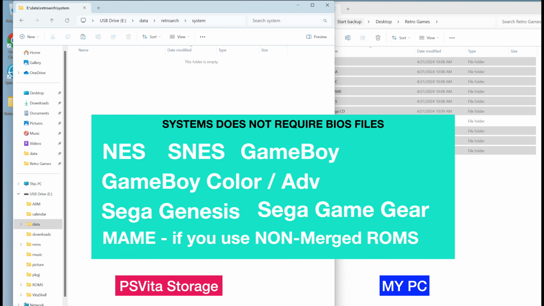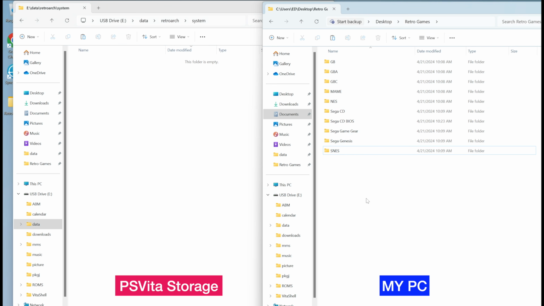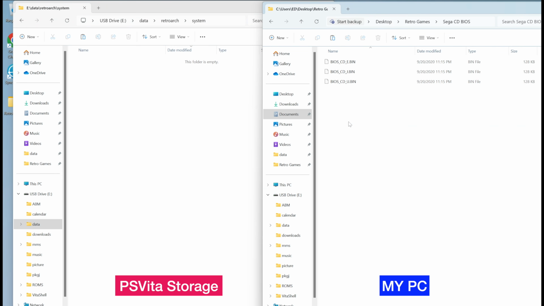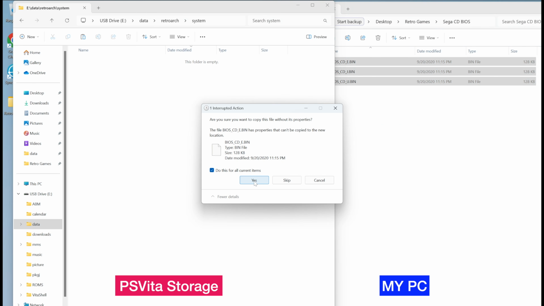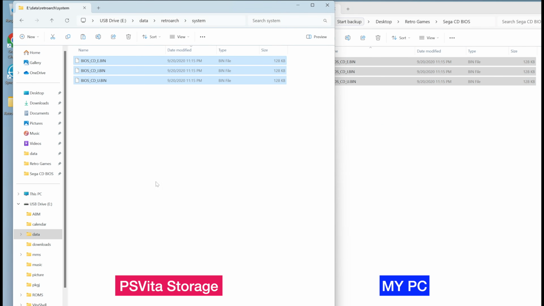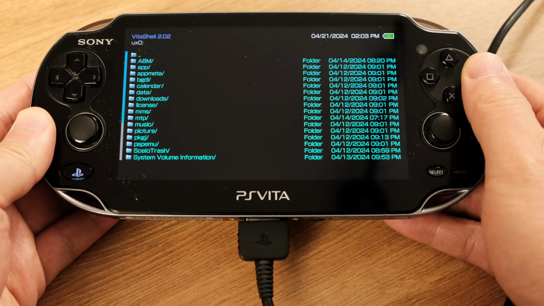The good news is lots of systems don't require BIOS files at all. The SEGA CD does require BIOS files, so here I will copy the SEGA CD BIOS files from my PC into my PS Vita storage. If you want to add BIOS files, just make sure the BIOS files are dropped into this folder directly, without any subfolder. Okay, once you have all your game ROMs and the BIOS files copied over, now we can disconnect